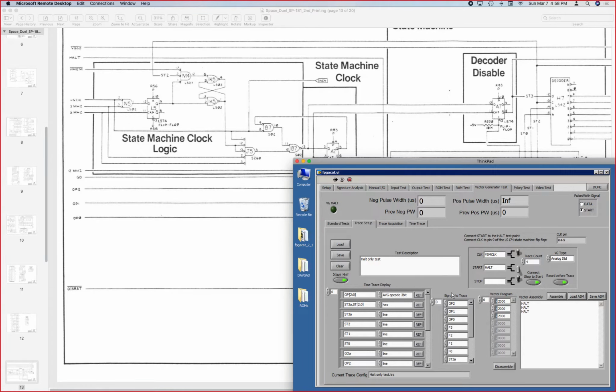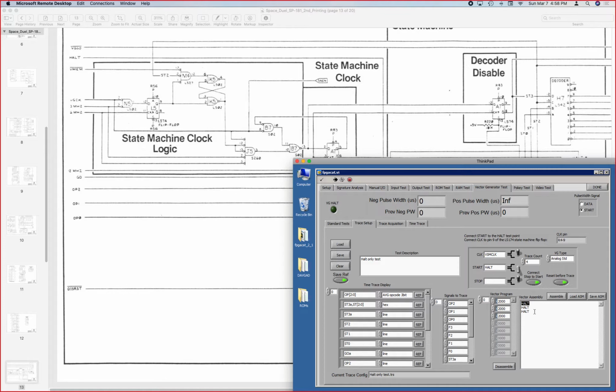So again, the halt test, we're not going to measure a whole lot of things because the halt is very basic. The only signals we need to trace are, what are there, like a dozen or so in this column. The OP, which stands for opcode, that's the actual command that the state machine is trying to execute, and the command is halt. These 3 bits in Atari vector generating programming language, these 3 bits define the